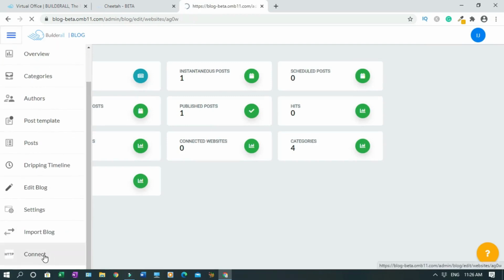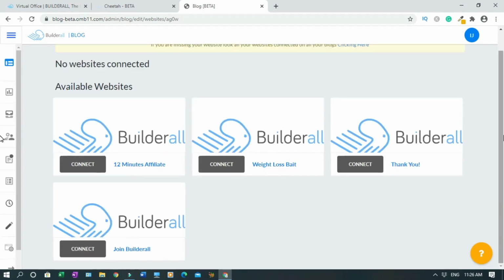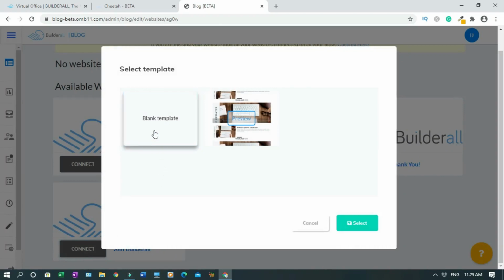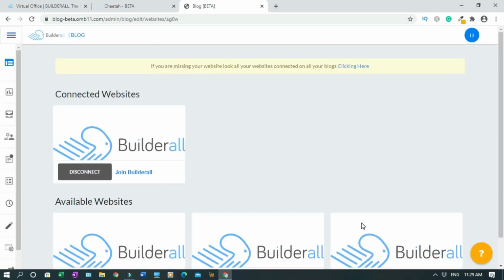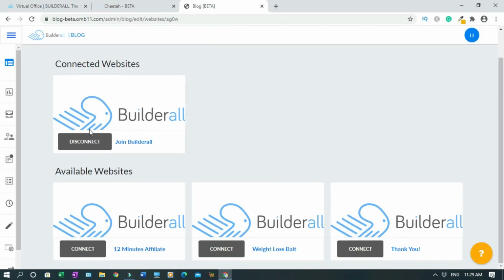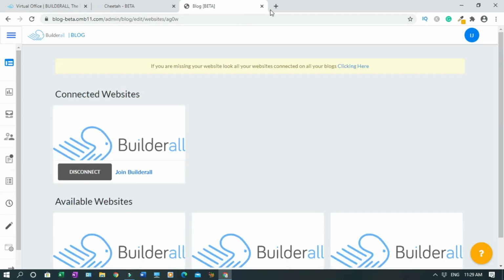Okay, this is very important. Which site do I want to connect to? This is the site I want to connect to. The sad thing is you don't see the images here like we saw from the beginning, but I know the name of the site, which is what you have to remember. So click on connect, then you click on blank template. I don't know why it says blank template. You expect to see your website or something, okay, but blank template, then you click select. All right, so as you can see, it's connected to this. That's why it says disconnect. We're gonna close this